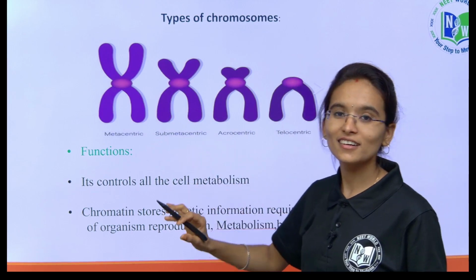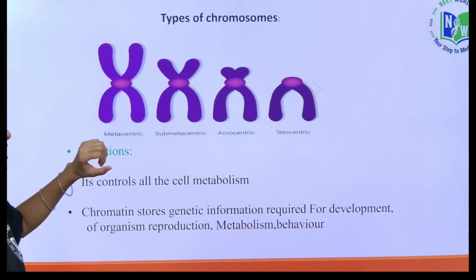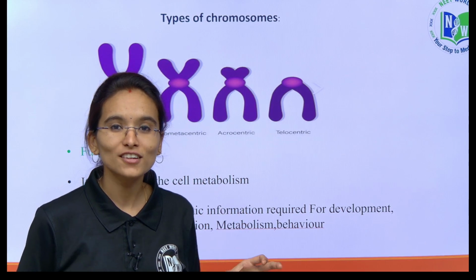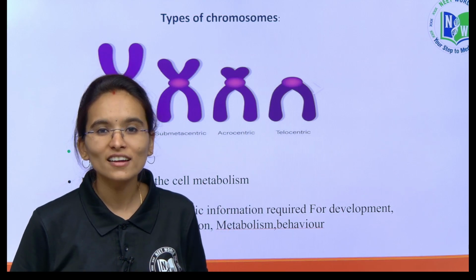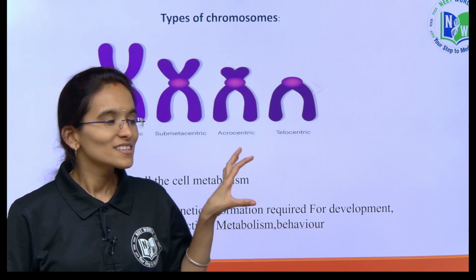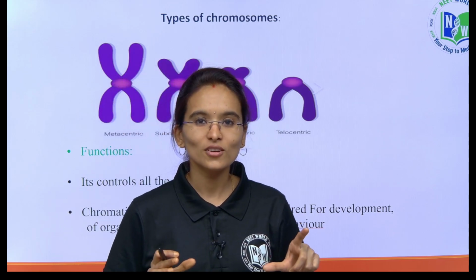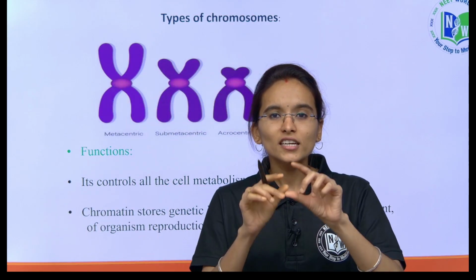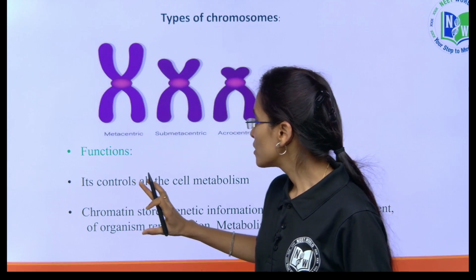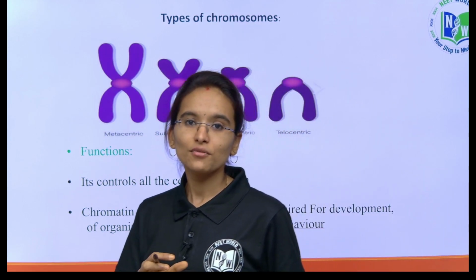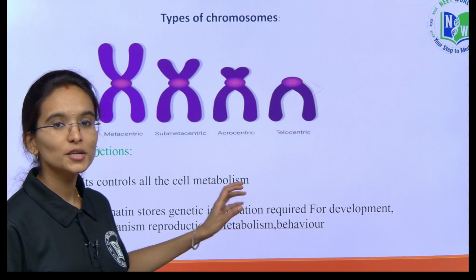And next, children, coming towards the functions of the nucleus. As we have said, it is called the brain of the cell. Why is it called the brain of the cell? Because it controls all the cellular activities that are required for the cell. Next, the chromatin contains the DNA. When it becomes a rod-shaped structure, we call it a chromosome. So the chromatin will store the genetic information that is required for the development of the organism, reproduction, metabolism